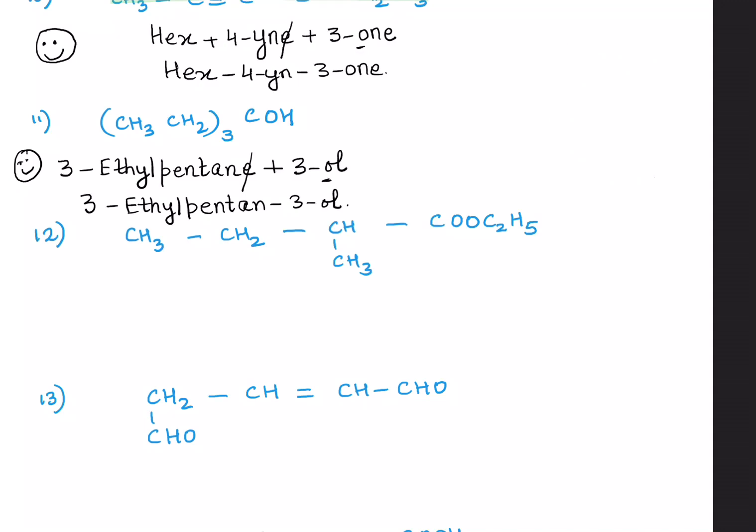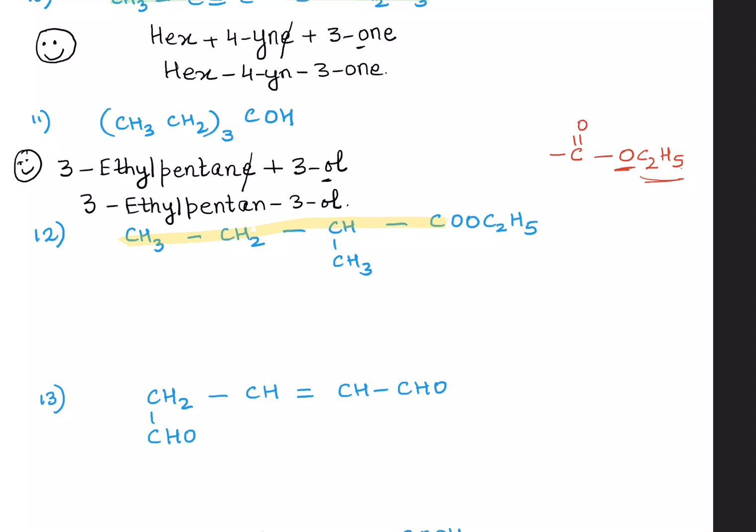Tried it? Are you going to number this set of carbons? No. Why? Because this functional group is, if you observe carefully, C double bond O, OC2H5. It's an ester. So the chain is being broken here by the presence of oxygen. So you do not number these two carbon atoms. So let's highlight our main chain. So we have 1, 2, 3, 4, right?